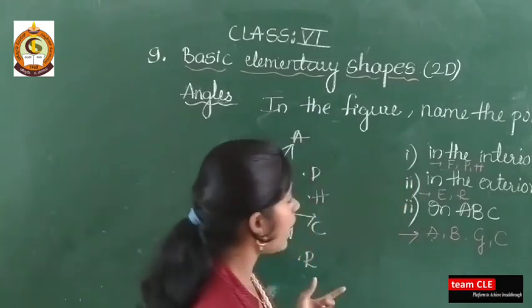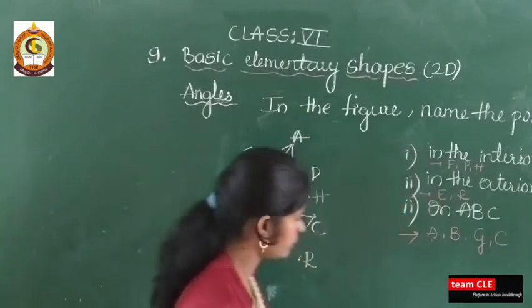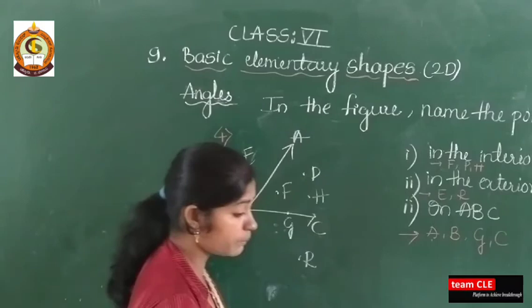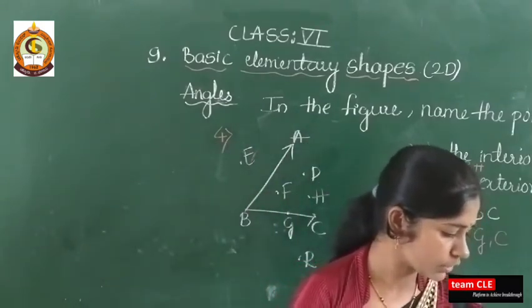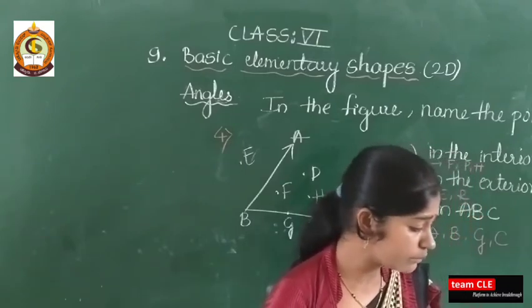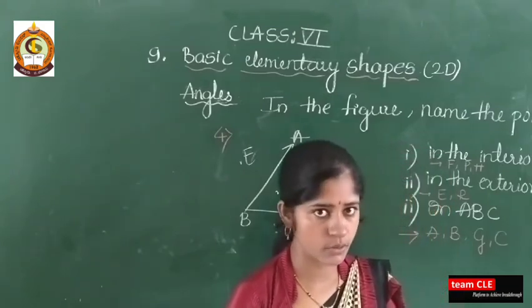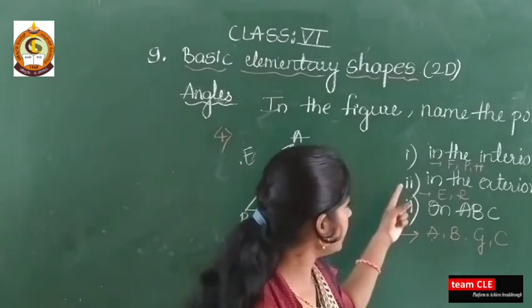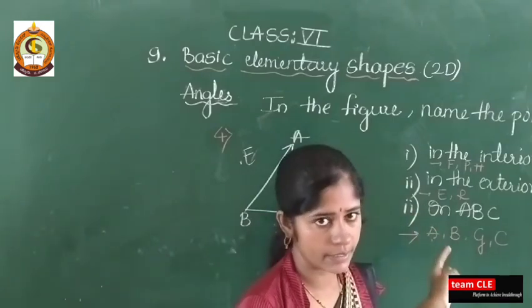So this question I have solved from exercise 9.3, question 4, and the page number is 133. Very easy examples are there, so try to solve this kind of examples. Here one more topic will come: adjacent angles. Okay, understood? What is an angle, vertex, arms, interior of the angle, exterior of the angle, and on the angle ABC.